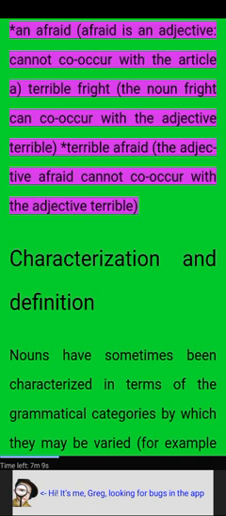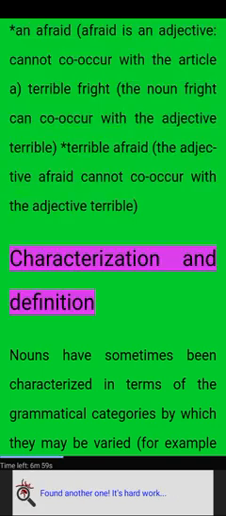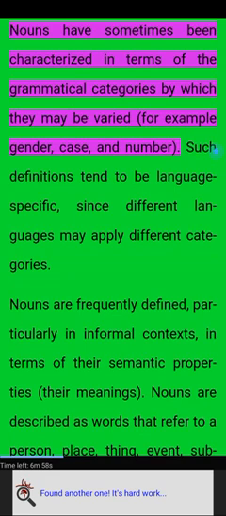And afraid is an adjective, cannot co-occur with the article a. Terrible fright: the noun fright can co-occur with the adjective terrible. Afraid, the adjective afraid cannot co-occur with the adjective terrible. Characterization and definition. Nouns have sometimes been characterized in terms of the grammatical categories by which they may be